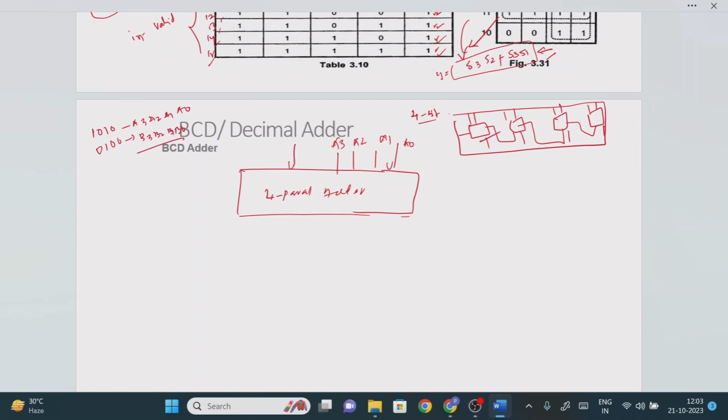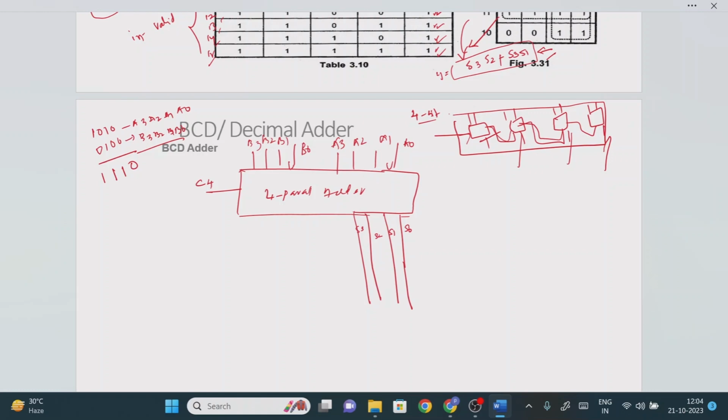After adding the 4-bit values, what will you get? You will get the sum, 0 1 1 1, and finally some carry, right? It means that we will get the output values. So what are the output values? One is S0, another is S1, another is S2, another is S3. Finally you will get the final carry as an output value. The internal carry is handled internally inside the block diagram, right? So finally you will get the last carry, then the individual sum of each full adder, S0, S1, S2, S3.